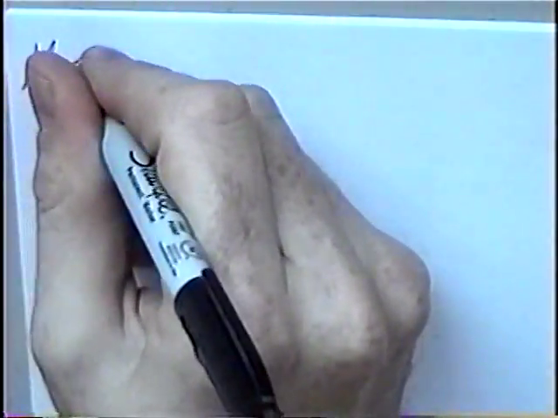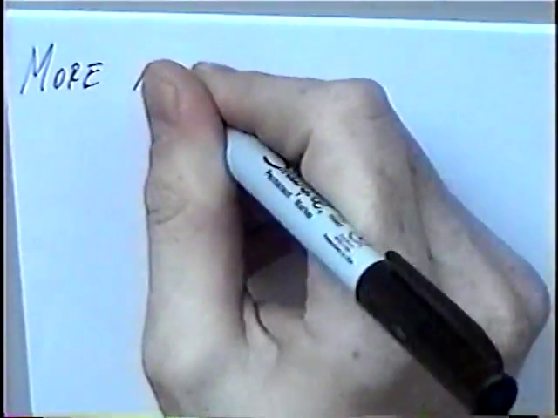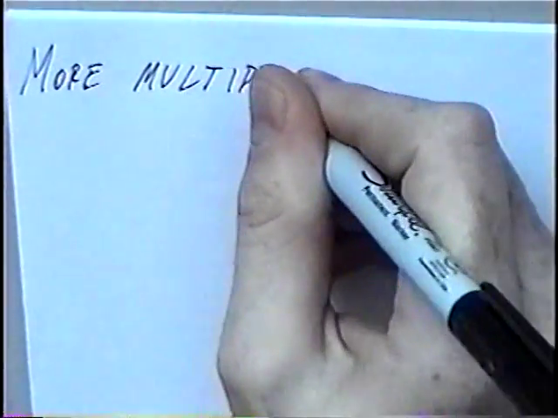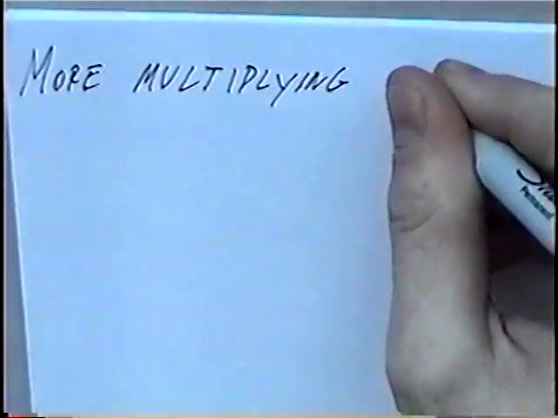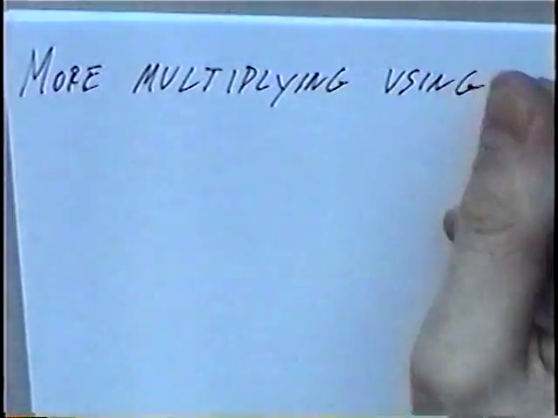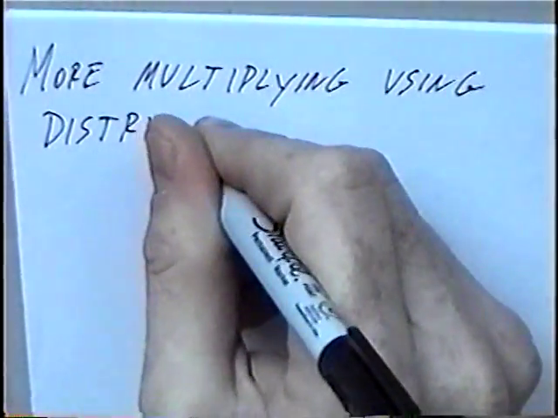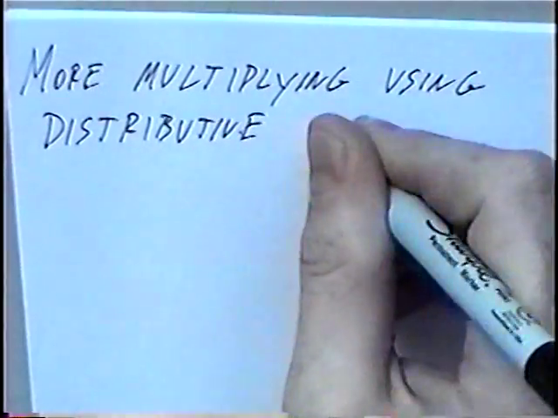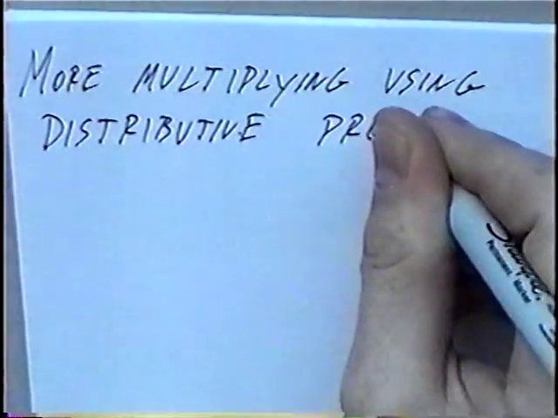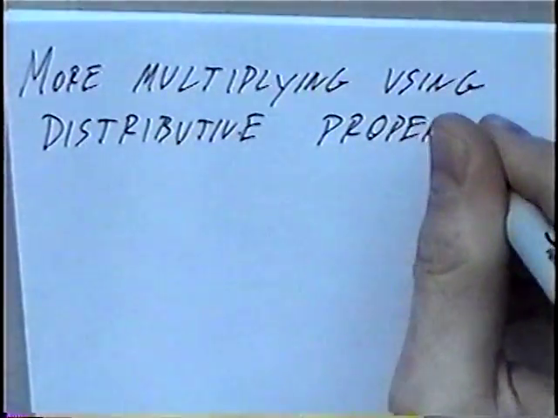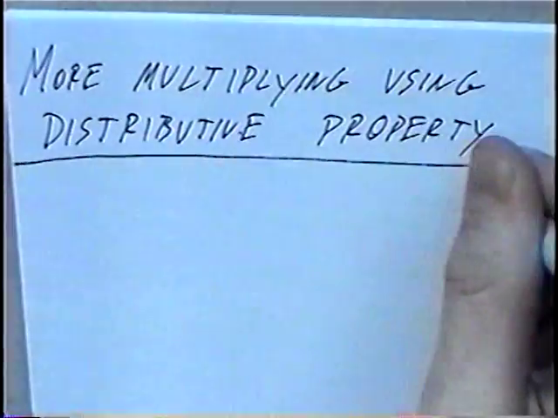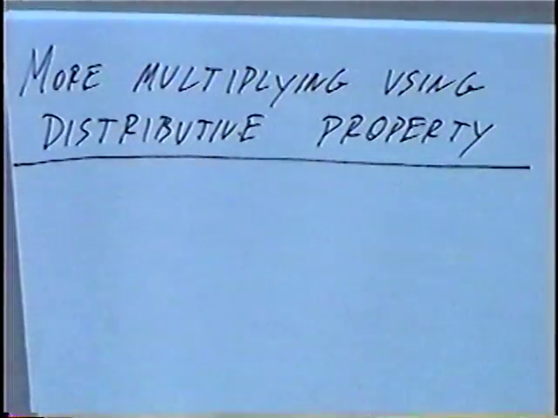Title of the last section today is More Multiplying using Distributive property. In this section, we'll continue to use distributive